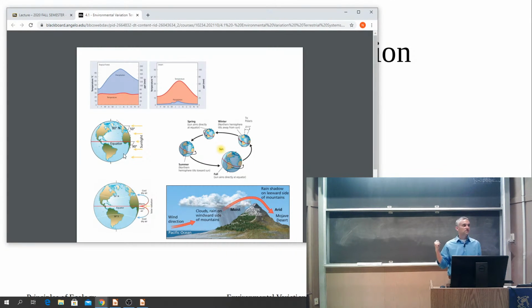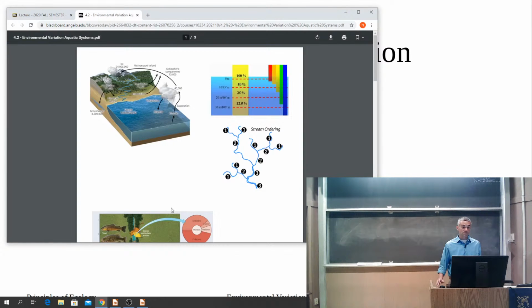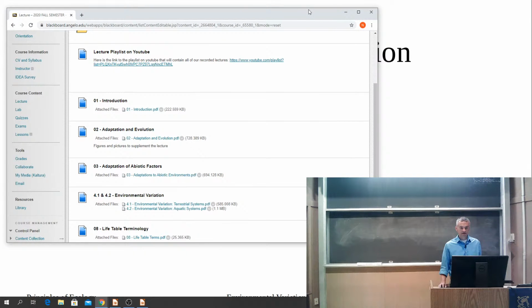I do think you can draw it. If I can draw it on the board, you can draw it on the board. And drawing it helps you learn what the graph is showing, what the figure is trying to demonstrate, and so forth. So I have these up. This is for the terrestrial environment as well as the aquatic environment, which we start today. All right, so we had a question over, oh, hold on. Before I get to that question,